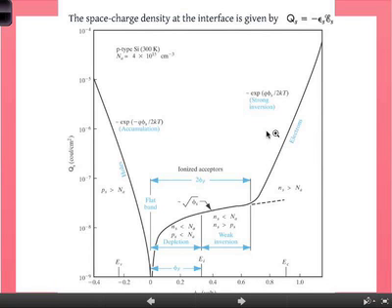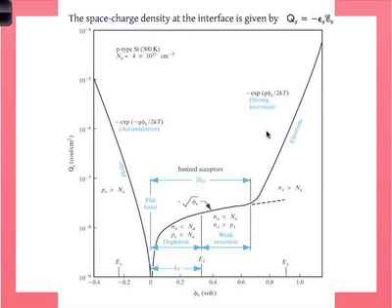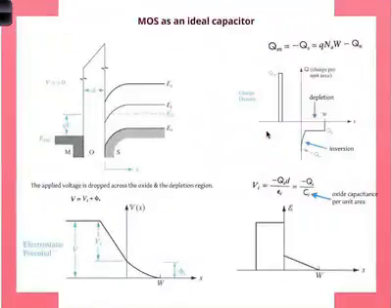Okay, so that's the quantitative picture of the different regimes as you apply the voltage. Now we have to relate, this is with respect to the surface voltage, the interface voltage. Now we have to relate the interface voltage to the actual gate voltage, because that's what you actually apply. So in order to do this, we have to model this as an ideal capacitor, and it's, like I